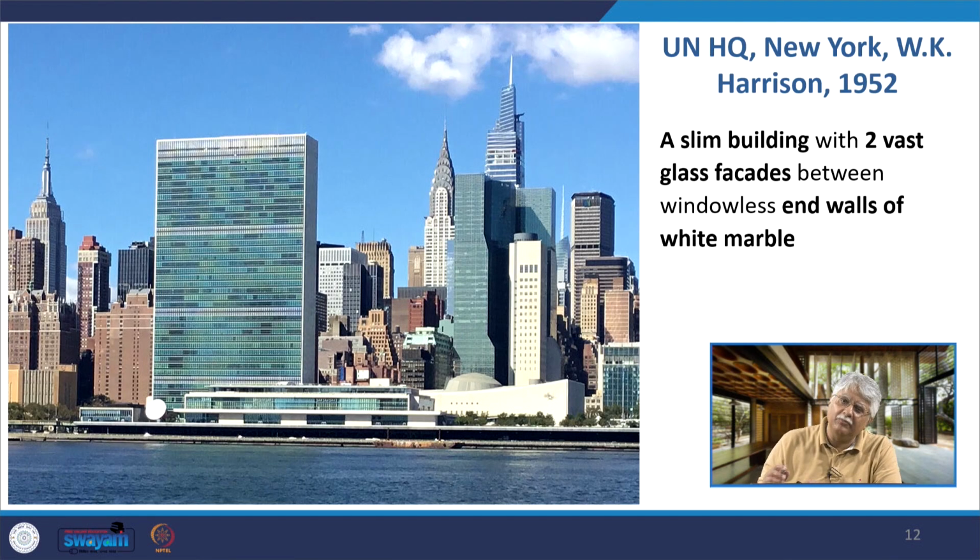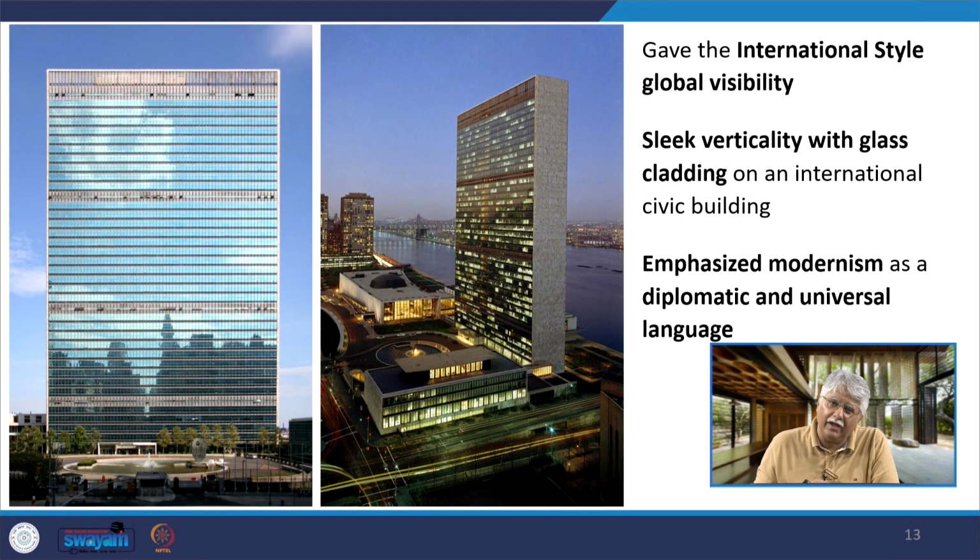It's a very slim building with two very vast glass facades that you see in the forefront and the back, and on both sides of it the end walls are in white marble. This building by W.K. Harrison and a team of architects like Corbusier and Oscar Niemeyer gave international style a global visibility, because it was the building of the United Nations, and this sleek verticality with glass cladding